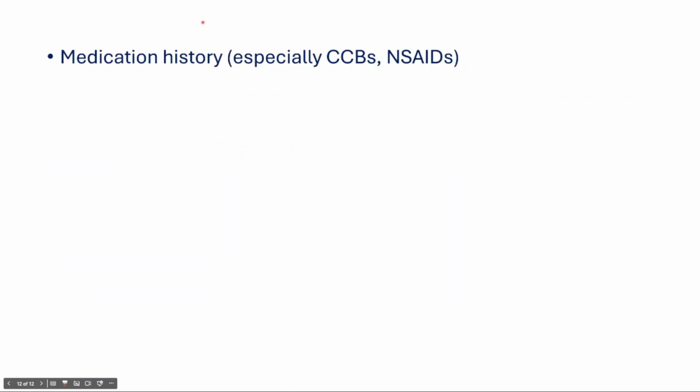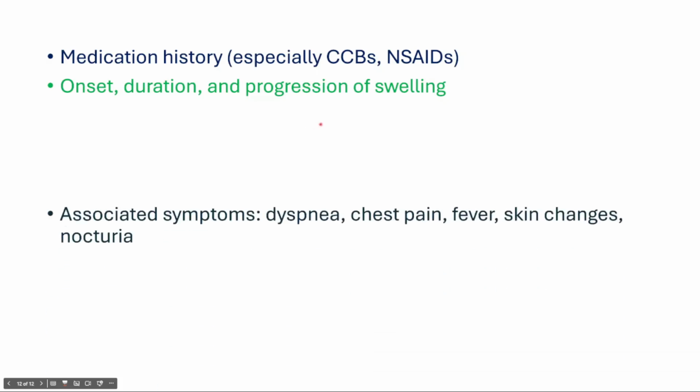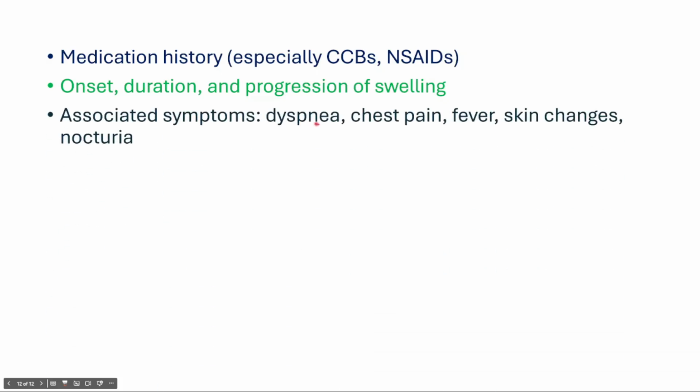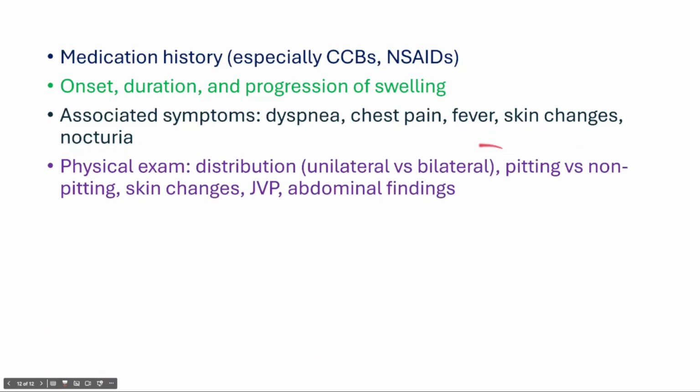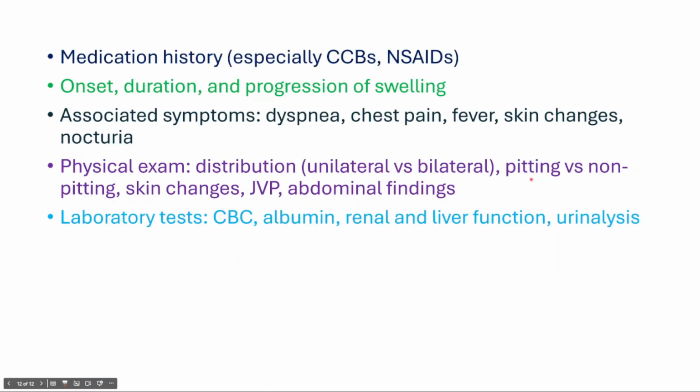When we evaluate a patient with lower extremity swelling, it's always good to check medication history, especially calcium channel blockers, like we said, amlodipine, and NSAIDs like ibuprofen, onset, duration, and progression of the swelling, associated symptoms like dyspnea shown as a graph, chest pain, fever, skin changes, and nocturia. Physical exam findings, whether it's affecting one side or both sides, pitting versus non-pitting, skin changes, and abdominal findings like ascites,